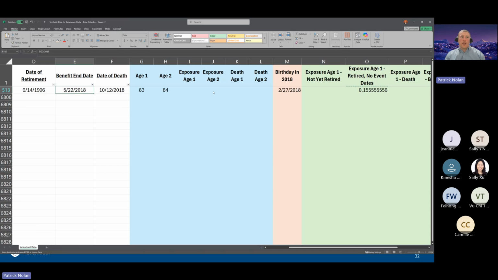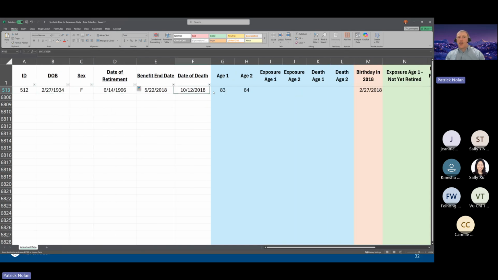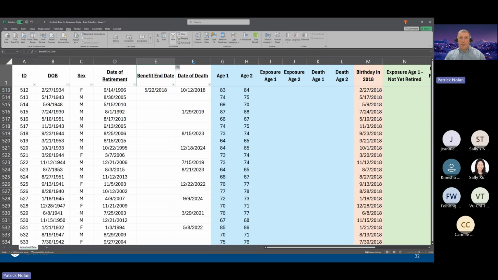This applies to age 2 more than age 1, since this person was born in February. But we have a situation where they're a long-standing retiree, and they have a benefit end date of May 22nd. So they are not in payment at the time of their date of death, and this would not be a person that we would want to observe. We would not want this person to be treated as a death. This would be a situation where they would hit the benefit ends condition. So with that little trick in mind,